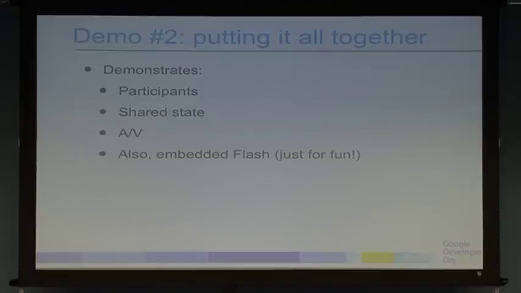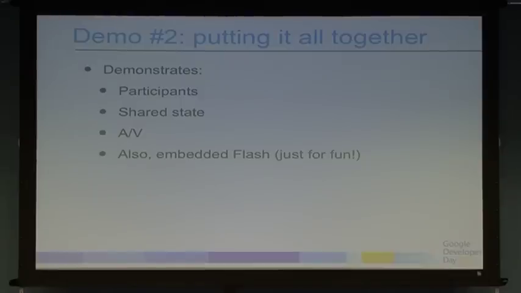So the demo 2, this is the one we showed in the keynote. Some things to note, it uses almost all the APIs. So we have participant information. You saw my profile picture. We have the audio video with the mic. We use the shared state where the robots are actually walking around and we're seeing the updates. And we didn't mention this, but it was actually written in Flash for a very good reason. Game developers are really interested in building Hangout apps. So we just showed that you can build it in Flash. Of course, you can do an HTML canvas or regular DOM.